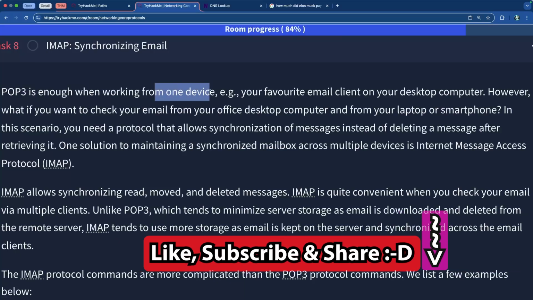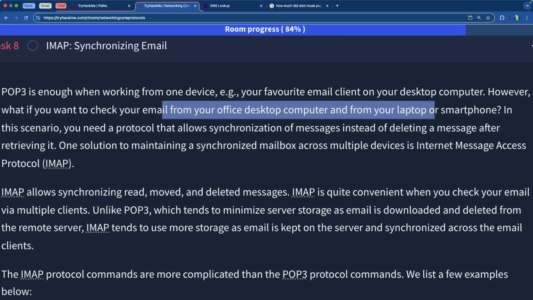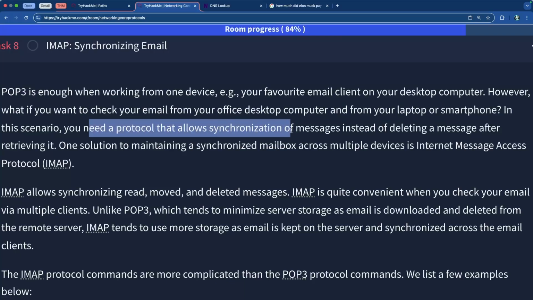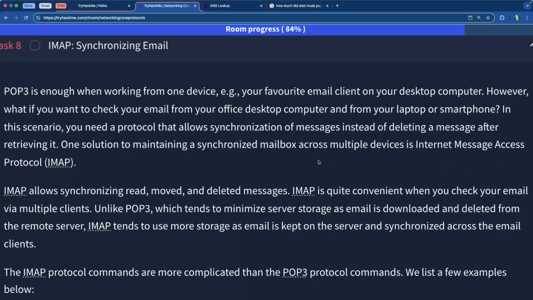POP3 is enough when working from one device, maybe your favorite email client on your desktop. However, what if you want to check your email from your office desktop computer and from your laptop or even your smartphone? In this scenario, you need a protocol that allows synchronization of messages instead of deleting a message after retrieving it. So for example, what I just did will delete email number 4,